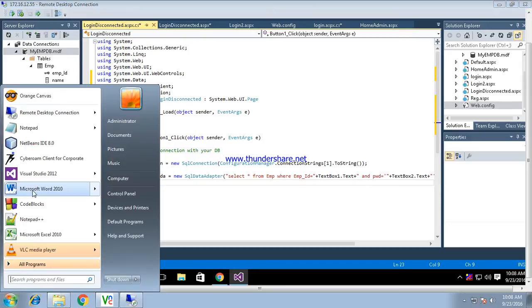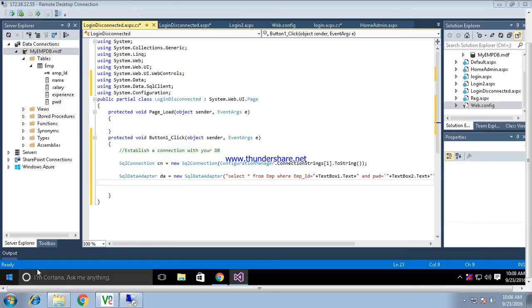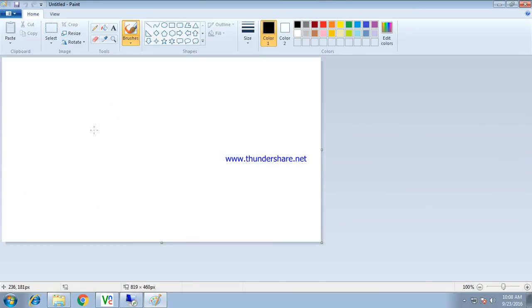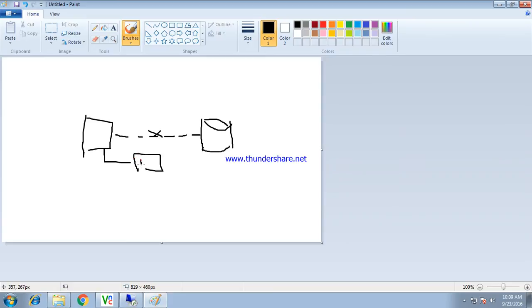Now, as I have told you already, in the disconnected architecture, suppose you have an application and you have your database. There is no direct connection between your application and the database, but the connection remains with the help of the data adapter. My drawing is not very good, but you can imagine it.